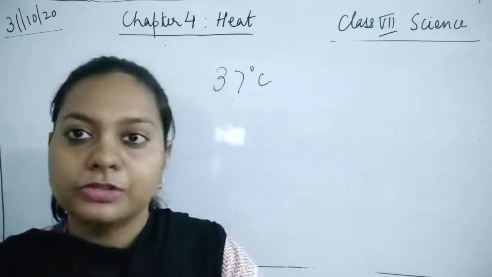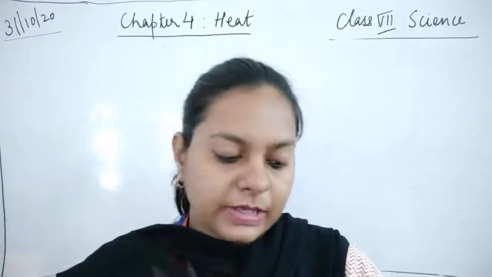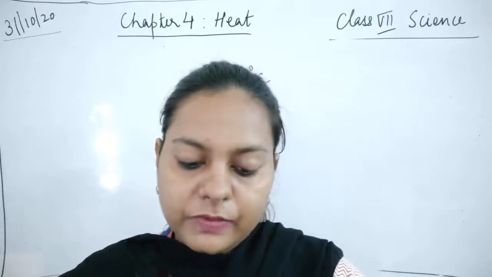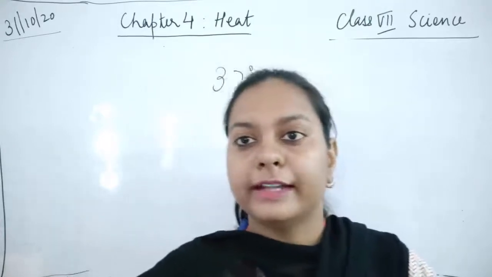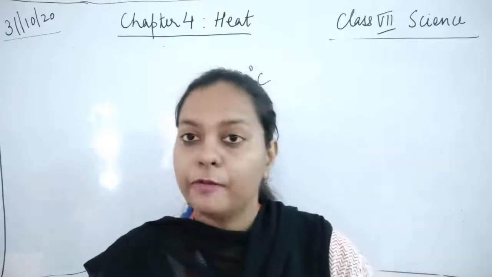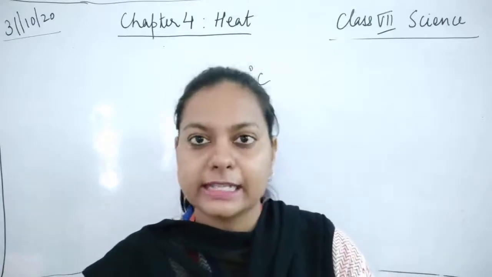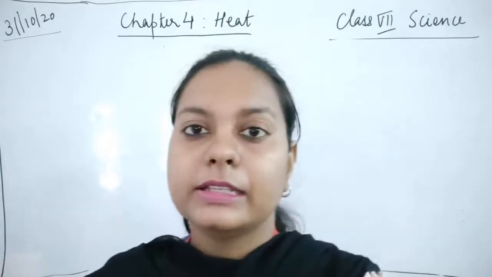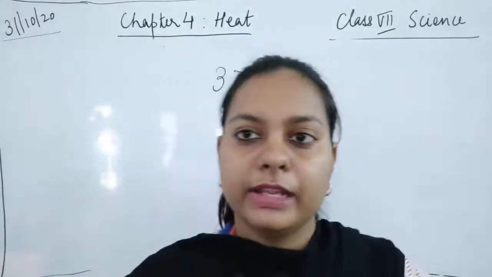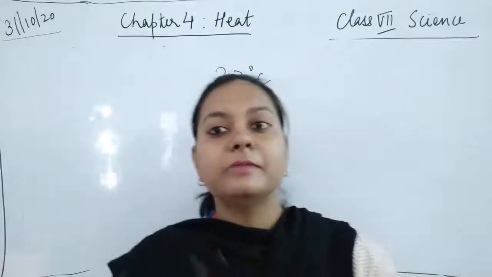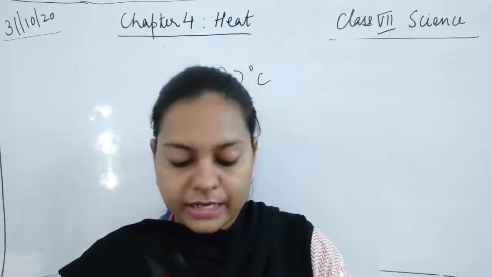Now that is about the temperature of our body. Next, the temperature of the human body normally does not go below 35 degrees Celsius or above 42 degrees Celsius. This is the reason that the thermometer ranges from 35 degrees Celsius to 42 degrees Celsius. It always measures from 35 to 42 degrees Celsius, but that becomes different in the Fahrenheit scale. It is a smaller unit, and you can convert it.